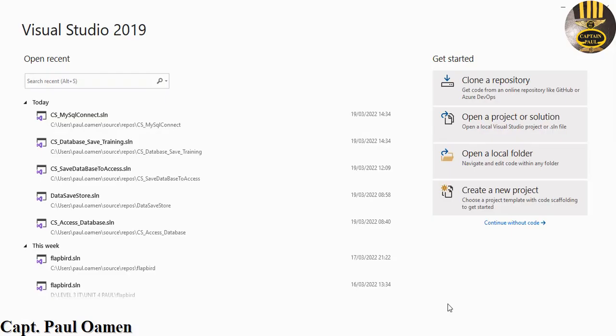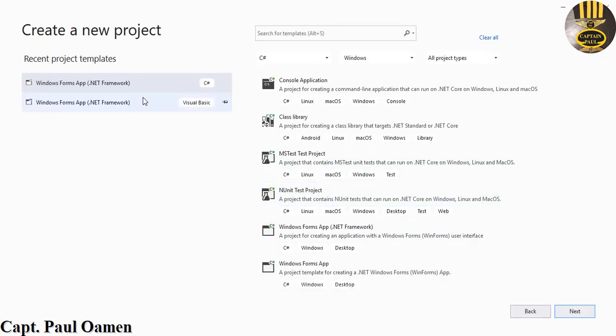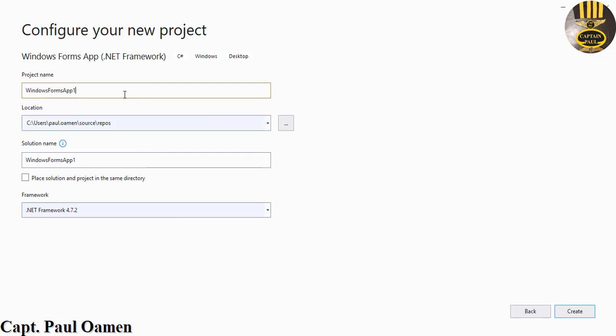Hi guys, and welcome to the C# tutorial of Access Database and how to connect, delete, update, save, and so on. So let's click on create new project. I'm going to select C#. Let's click on next, and we give our project a name. I'm going to just call it CS underscore access